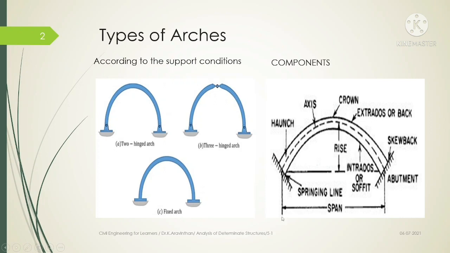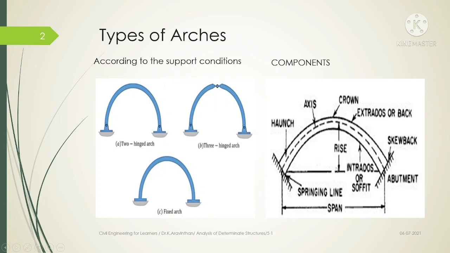The center to center distance between the two arches, which is horizontal, is taken as the span, and this angle is known as the springing line. This springing line can be horizontal or it can be inclined according to the requirement. The top portion is known as the crown. So this is the highest point of an arch when compared to its level, and the rise may differ.